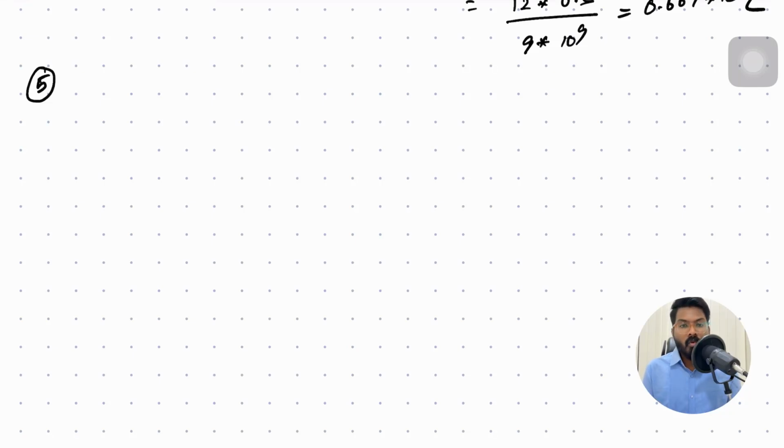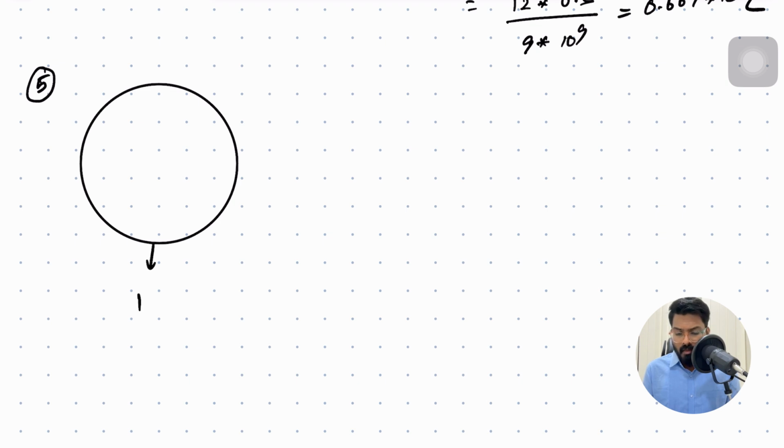Let's do the next question. There is a sphere. This is an insulated sphere and its radius r is 14 centimeter. Now we need to increase the potential of this. Now how do we increase the potential of this so that the surface charge density